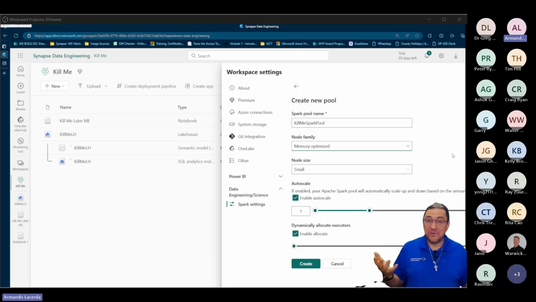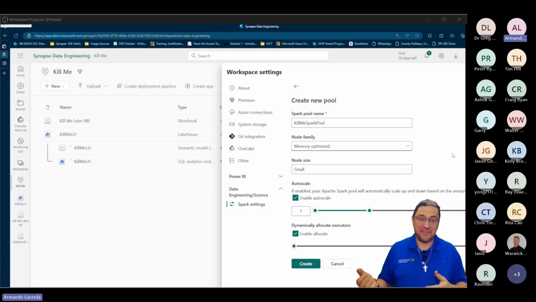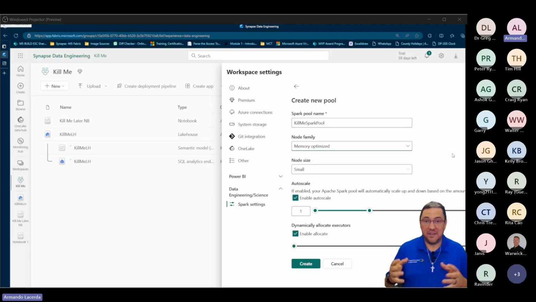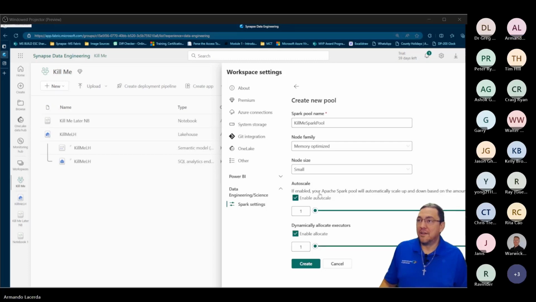So at some point in the future, we may have GPUs like we have in Databricks. So if you have a workload that depends on GPU processing because you're doing some sort of machine learning model training, things like that, Fabric is not for you for that particular workload yet. But down here, when you go into the scale, you see, I can bring this all the way up to 4 for auto scale if I want to do executors. If I want to scale it up to 4 nodes, it will be 1 driver and up to 3 executors.